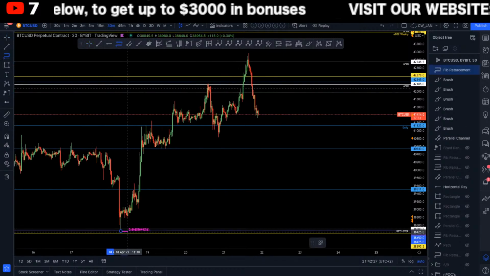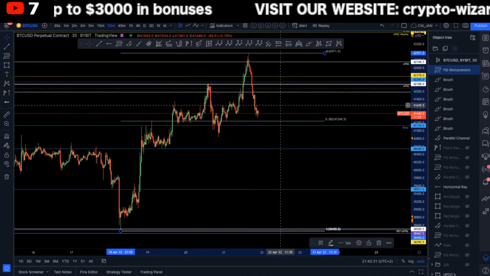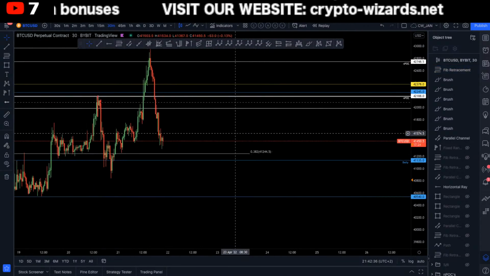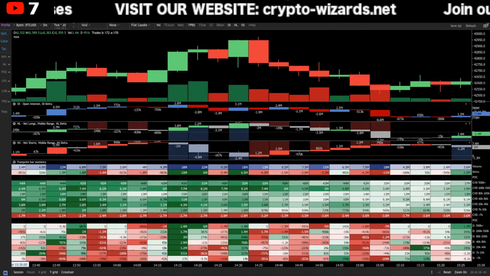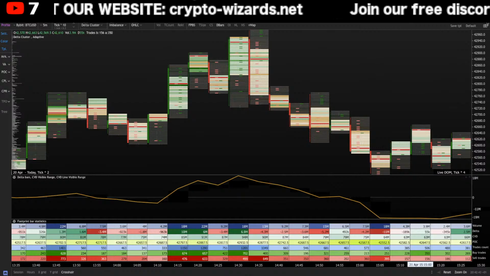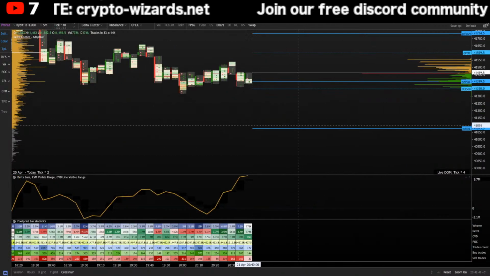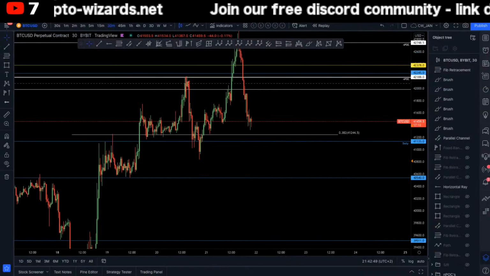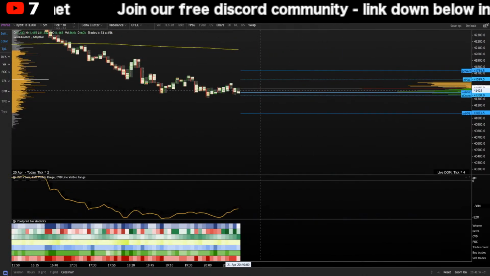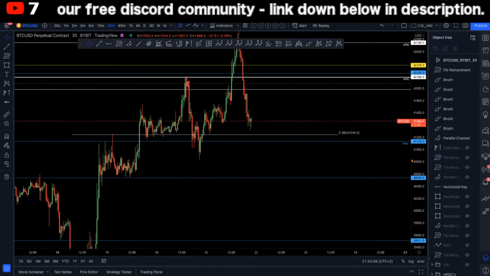This could be the 382 Fibonacci, somewhere over here, which could be giving us nice confluence. Yes, it is. Right there. So this will definitely be adding some reason why price should bounce here. I also think this was the previous day value area low, give or take a little bit lower. But yeah, we are approaching support. Actually, right now it's very likely we're going to see this 41,730 down there.